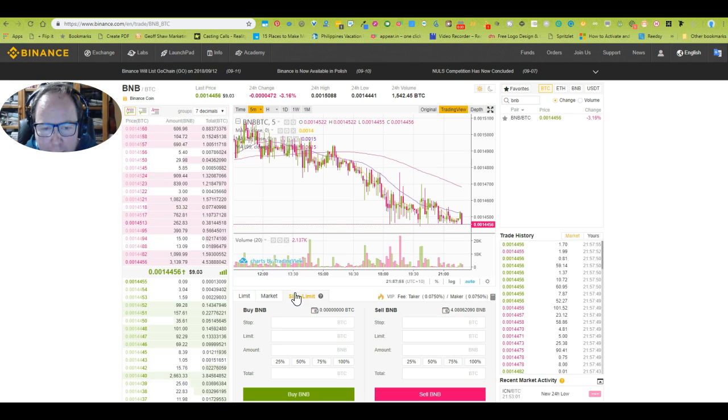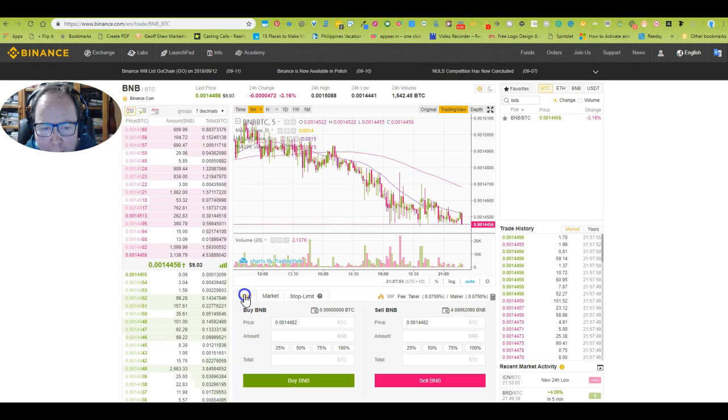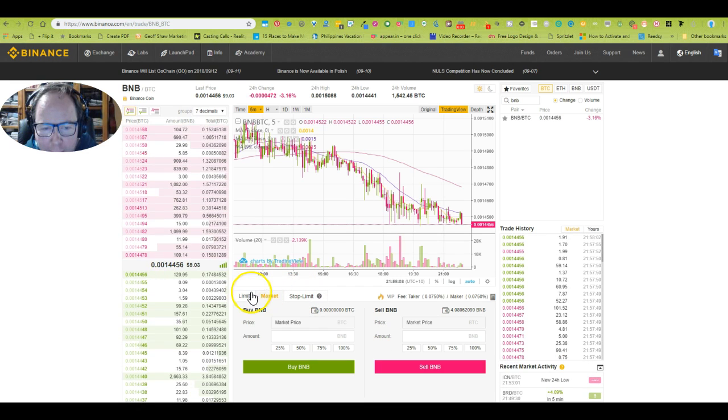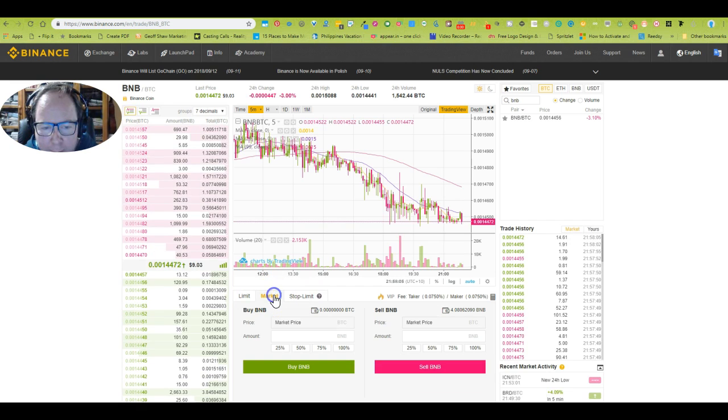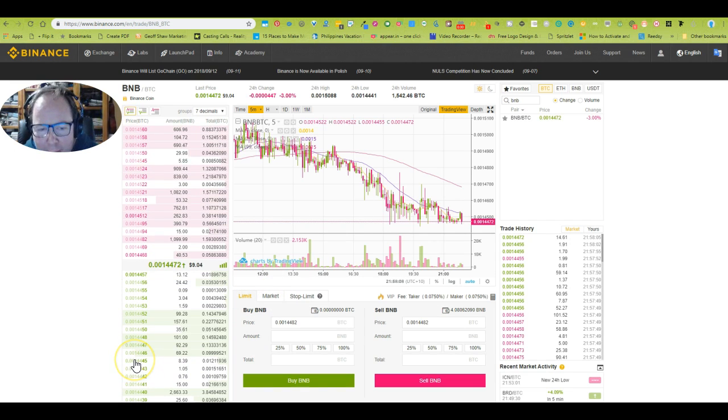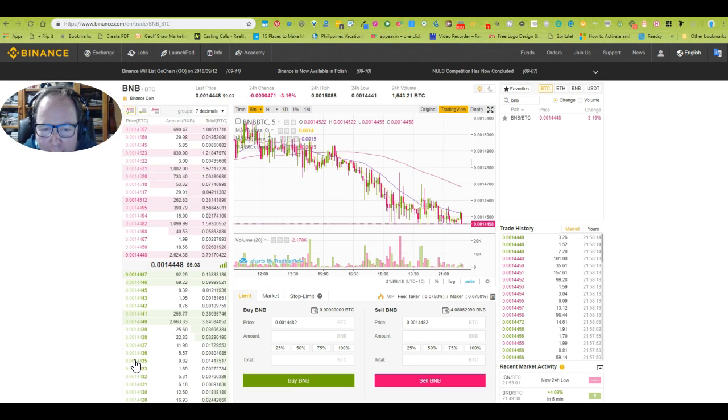There is stop limit. That's another thing. I would suggest either a limit order or market for buying BNB. If you really want to do stop limit, that's another level. I'm not 100% acquainted with that enough yet, but definitely a limit order or a market order. So of course market's going to buy at the price that it's now going at, but a limit order